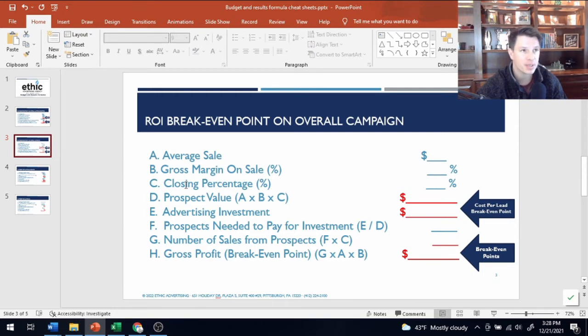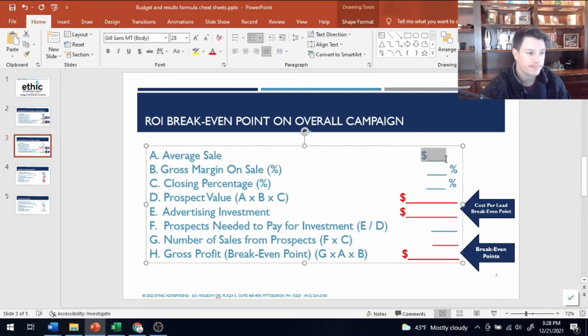So the average sale, I know it might be hard to determine if you have multiple things or a wide range, but essentially what you want to think about is, from the advertising that we're going to be doing, what do we anticipate our average sale is, based off of that information coupled with your historical information. So I'm just going to throw in some numbers on here. I'm going to say 5,000. And I kind of know what the examples are, so I'm going to try to come up with some different numbers to give it a little range. So if you do get this document, then you'll see something a little bit different than the example I'm giving.